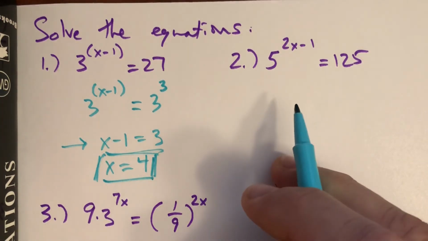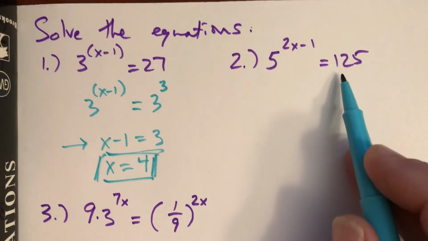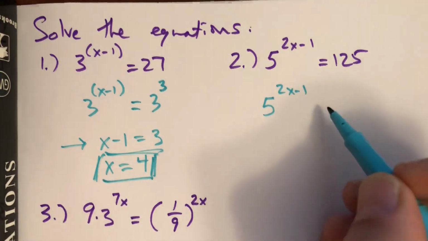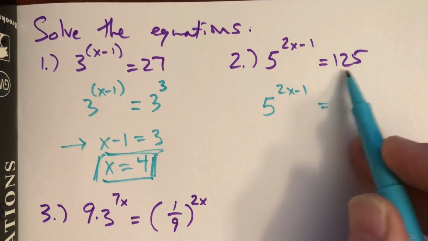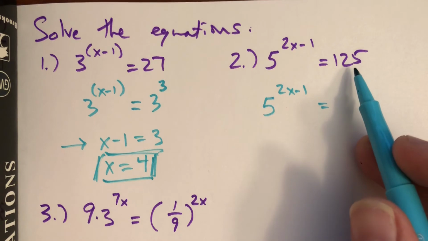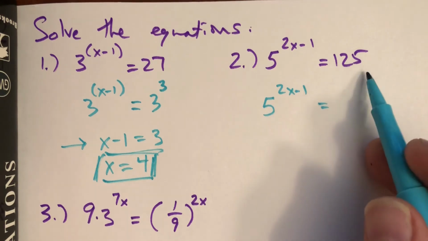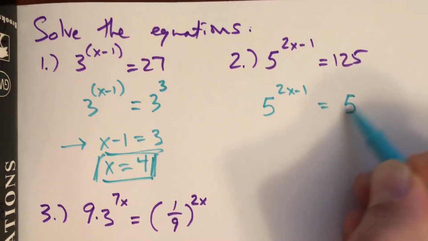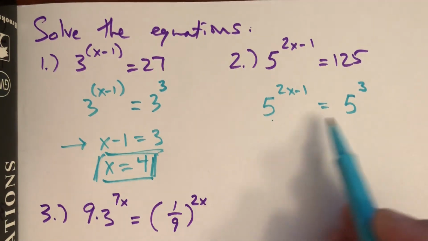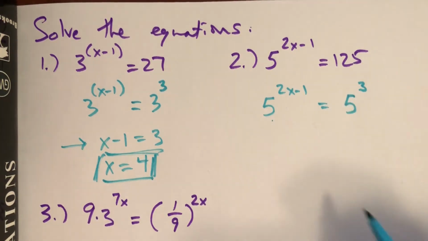We want to pull the same trick, right? So 125, we're not going to mess with that. We want to write this with a base of 5. I know that 5 times 5 is 25, times another 5 would be 125, so that's 5 to the third. Okay, that's convenient. Now both of these bases are the same, and we can say that their exponents have to